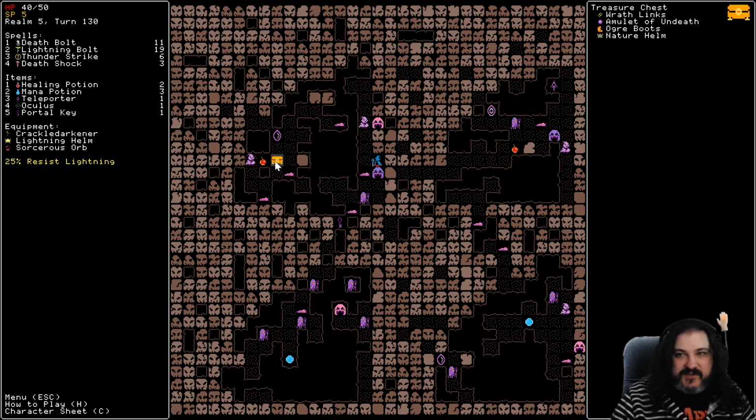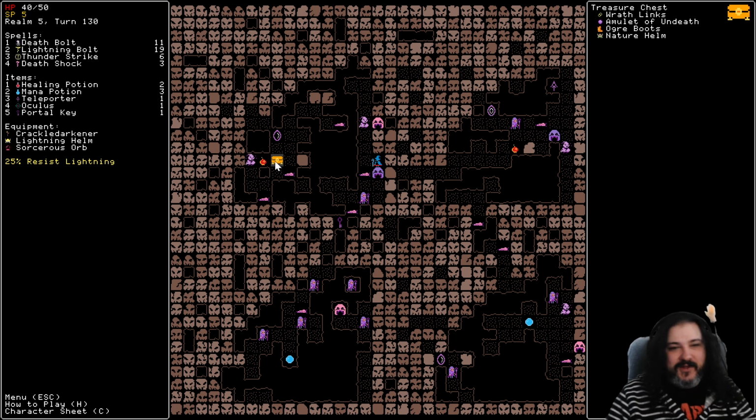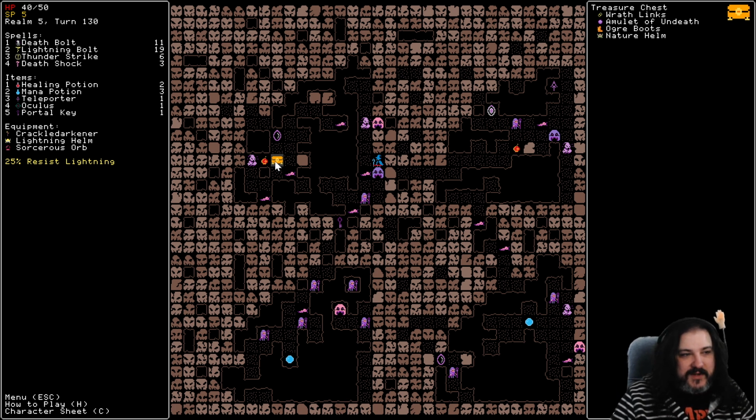We get a freebie chest. Oh my god, with Wrathlings? You are too kind, game. I'm going to have to use a teleporter to get it. Or I might invest in Blink. If we take Blink...